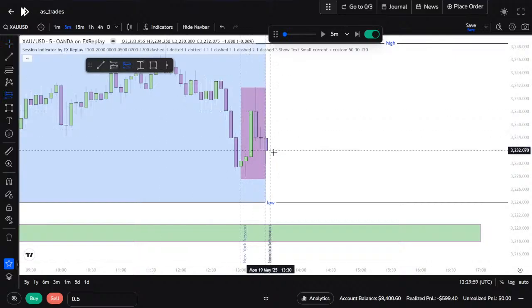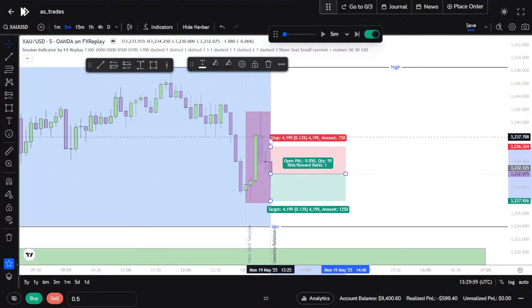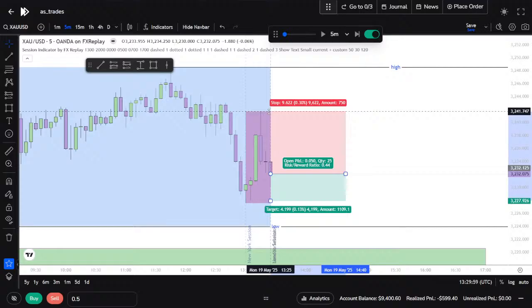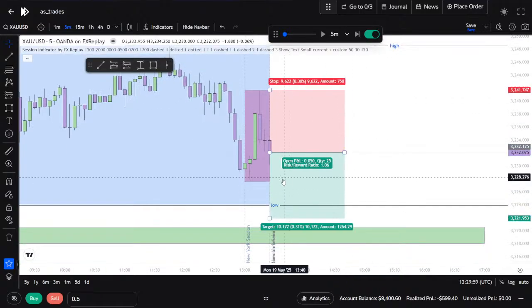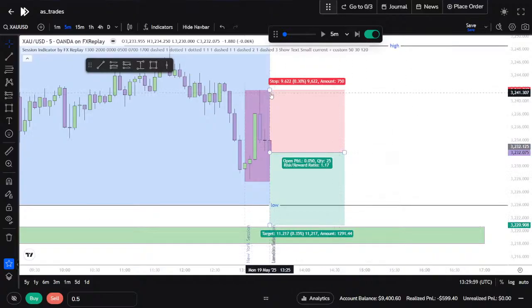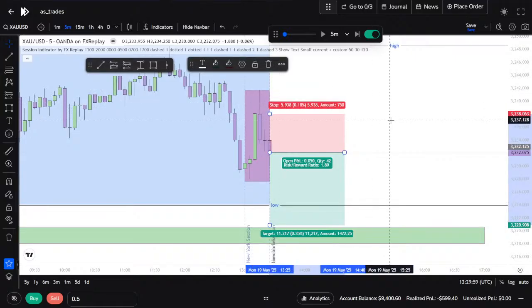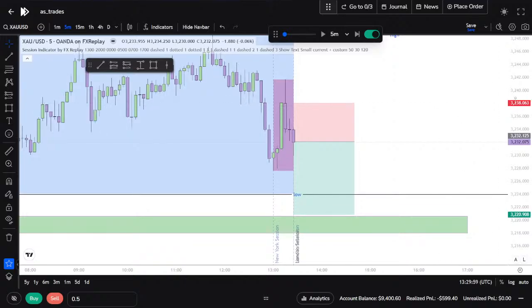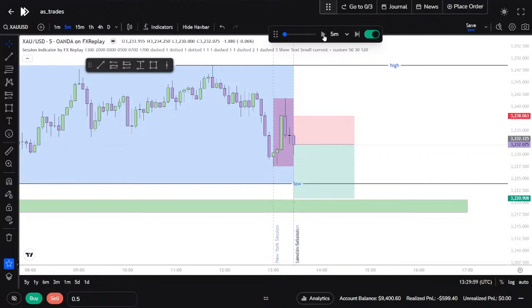For sure. I'm not going to take this trade, but just to see what would happen if I took this trade, let's check the risk to reward on this. If I put this down here, yeah, very, very bad risk to reward. But this is invalidated, so we could put it here actually. 1 to 1.9. I wouldn't take this trade, but let's just see what happens.